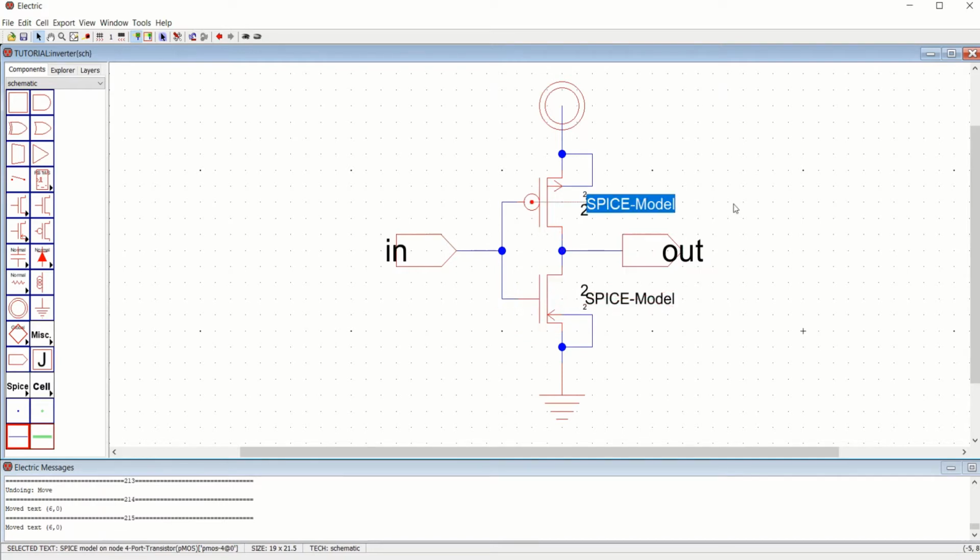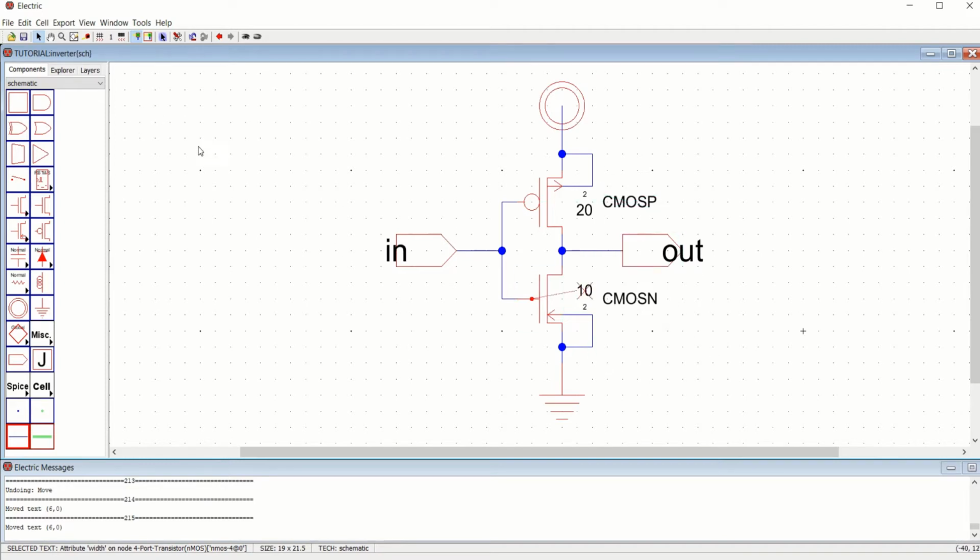You can name this as CMOSP, same as in the technology file. This is CMOSN. Now I'm going to set the width of the transistor as 20 and this width as 10. Now my design is completed.